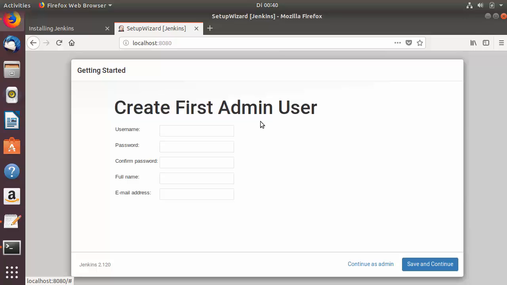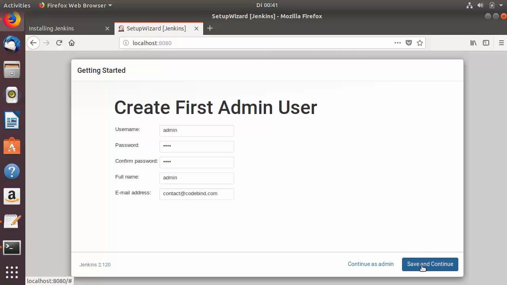So now the installation of all the plugins is complete, and this page is redirected to this window where it says create first admin user. So we are going to create our first admin user. You can provide any name. I'm going to just provide username admin here. Then give some password which you can remember and which is strong. So I'm going to give some password here, and I'm going to repeat my password, and now I'm going to give the name, for example admin once again, and now I'm going to give the email address,